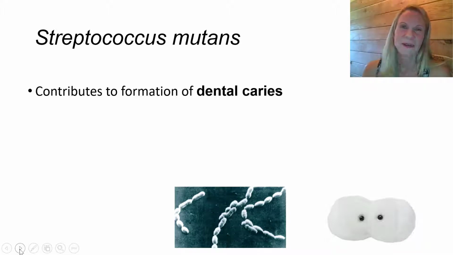Okay, so we have a host of lots of good bacteria in the mouth, but Streptococcus mutans, you know what? It's an opportunistic pathogen. What that means is, if you're brushing your teeth regularly, like twice a day, flossing once a day, those sorts of activities, and not eating a lot of sugary food, that will reduce the amount of Streptococcus mutans